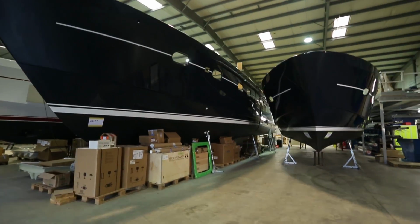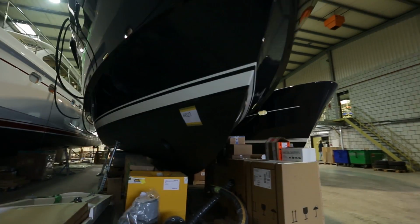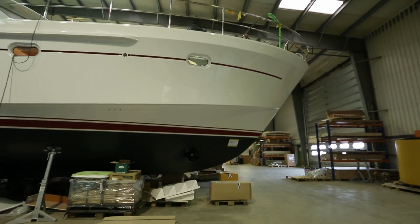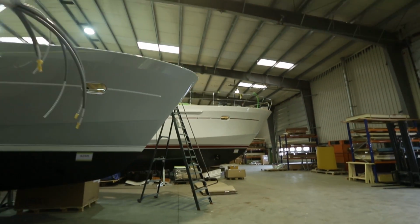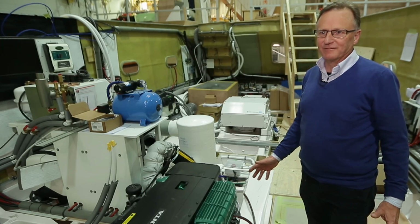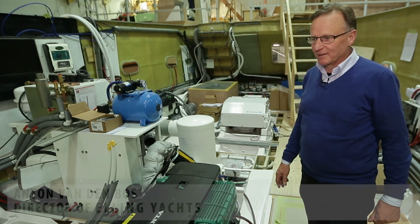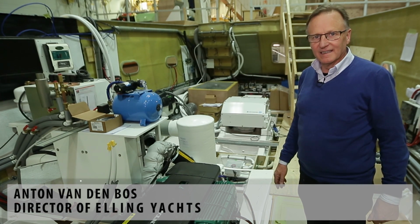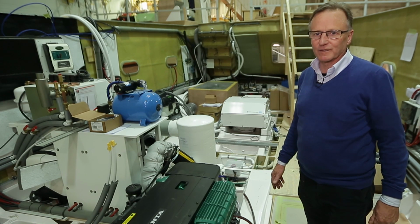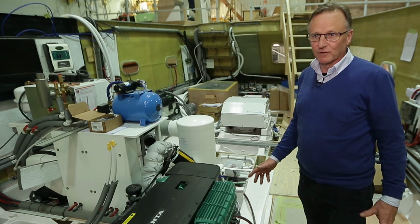The workshop can house 5 boats at the same time. The E4 leaves Suter, the E6 rests here for up to 8 weeks until all the carpentry is complete and the equipment is set. We are here in the heart of the Elling E4. This is the most important part because here we find the engine, the strong, powerful 435 horsepower Volvo Penta diesel